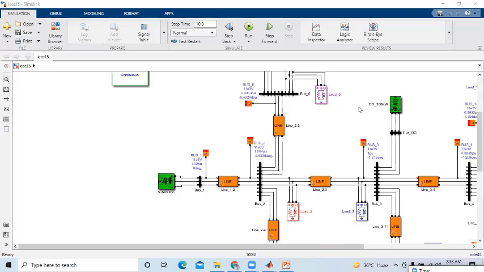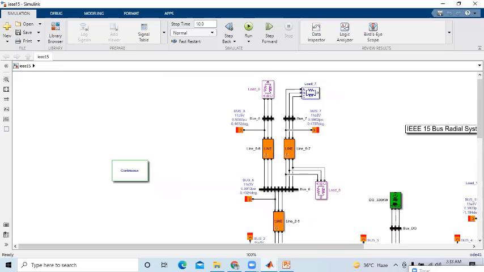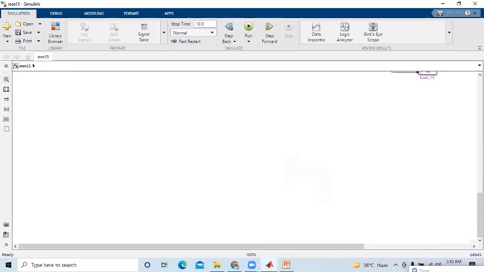This is your standard IEEE 15 bus system, in which the various loads are connected at various buses. Now, why is it called IEEE 15 bus? Because the total number of buses here is 15. Similarly, we also have various standard bus systems standardized by the IEEE Association, giving users the right to do the analysis on a standard platform.